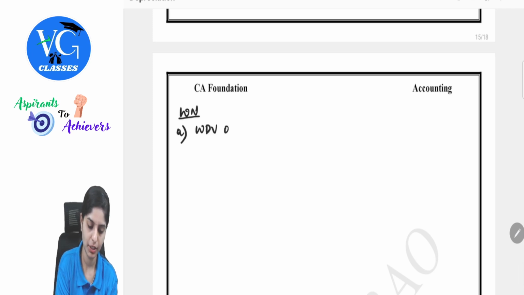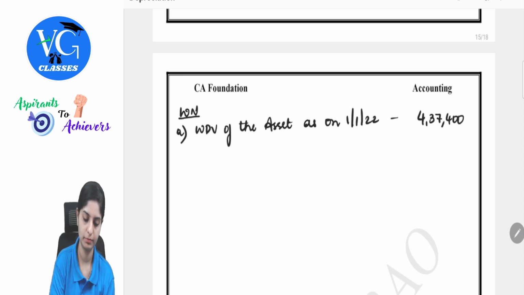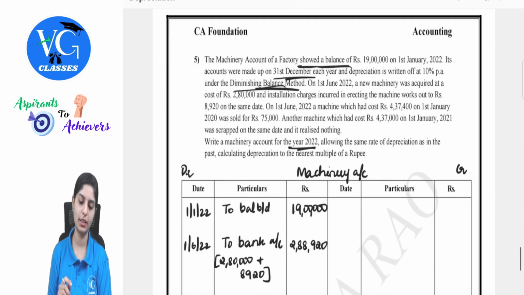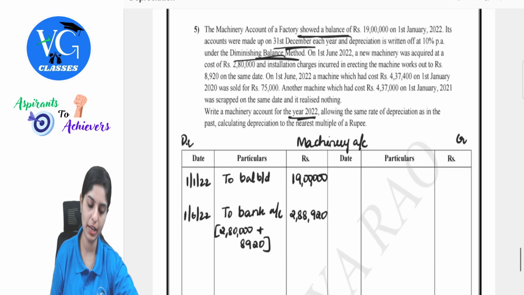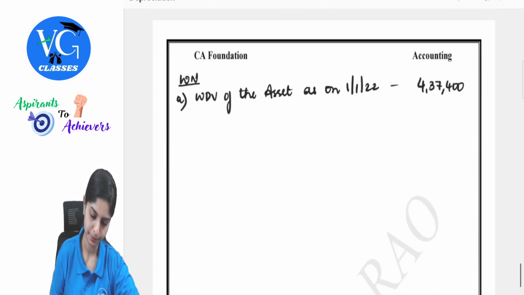So WDV of the asset as on 1st Jan 22, that is 437,400. Correct? On 1st Jan 2022, that is 437,400. So 10% on diminishing balance method, we will have to arrive at the value as on 1st June 2022